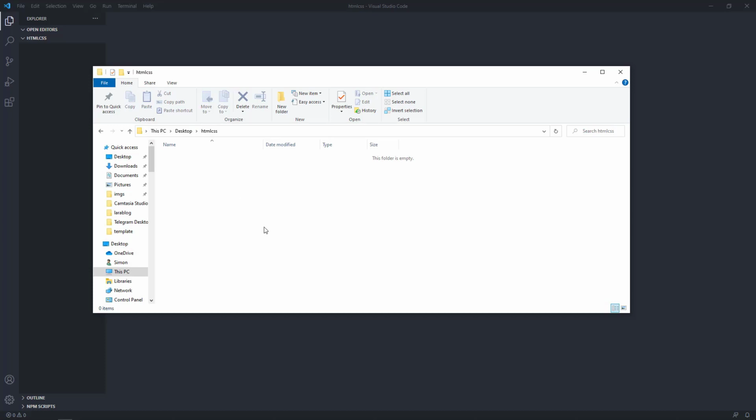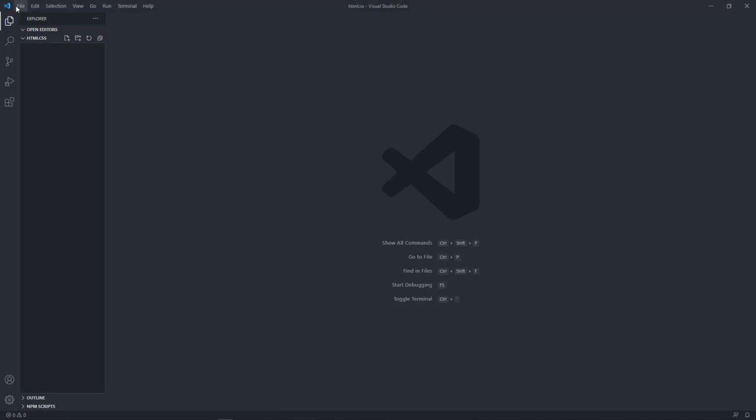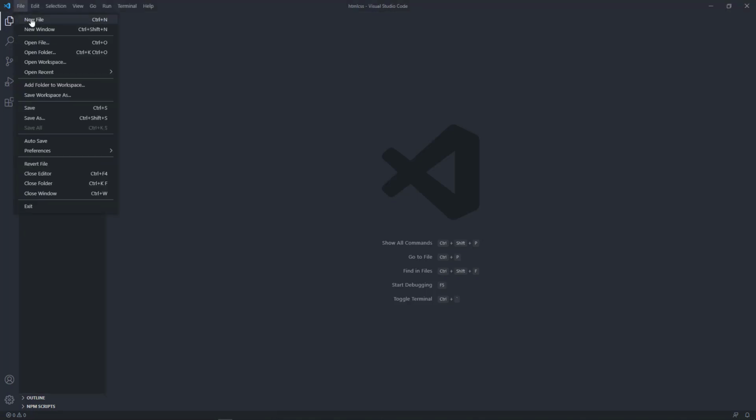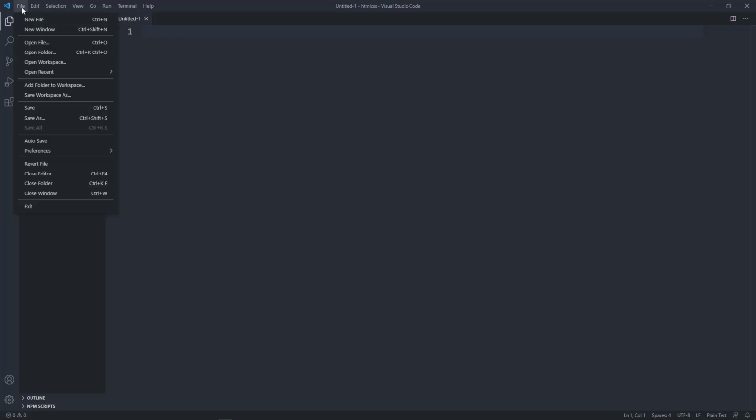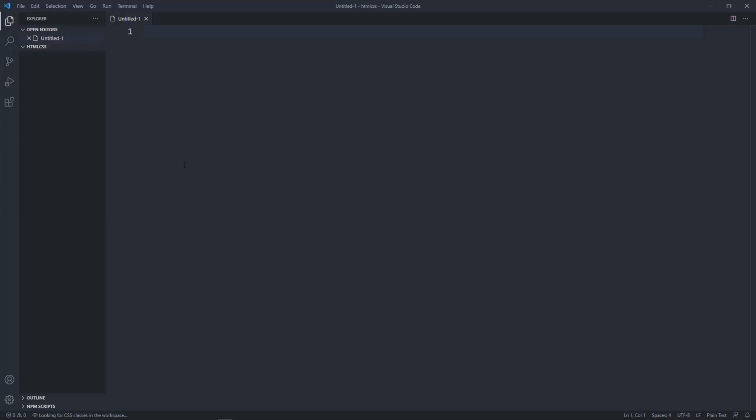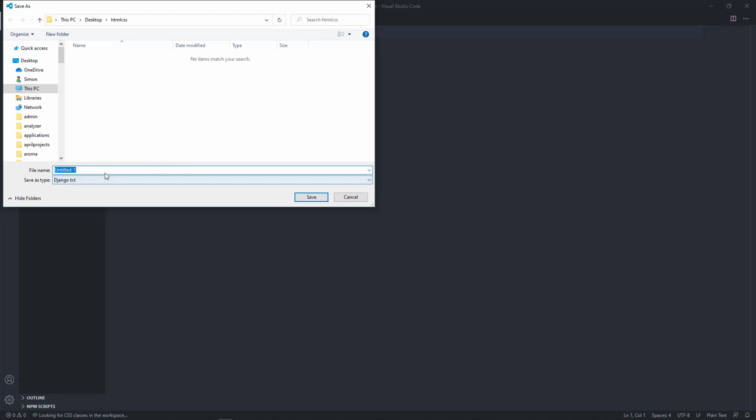So the first thing is you can create documents from the editor. I can just do File and then New File. And then you see it is untitled. But then I have to save it first. And since it is an HTML document, we save with the .html extension. So I'll just name it